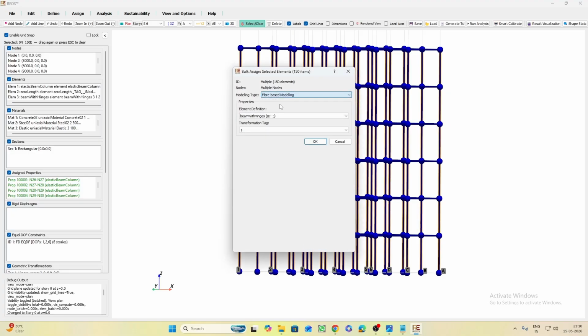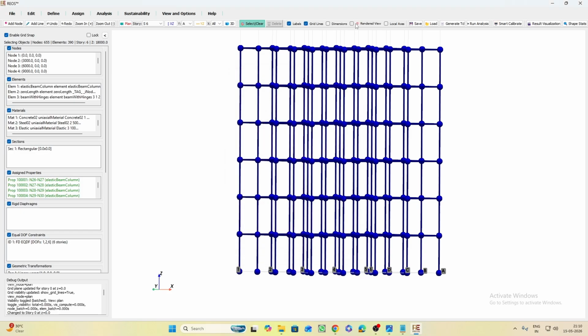Here you select the fiber based modeling and beam with hinge. Since we have only one ID created here, that's why; if you have multiple IDs, then you have to select from the drop down. And here the transformation tag, we have decided the first one for column. Then click OK. Now if you see the rendered view,